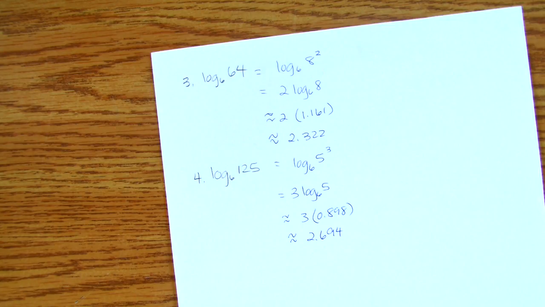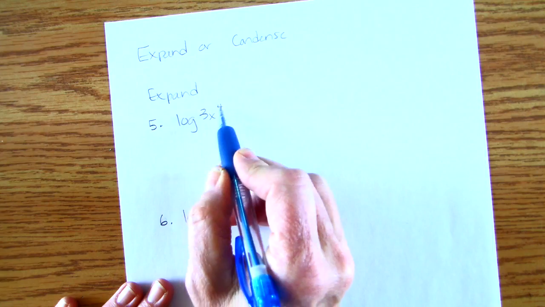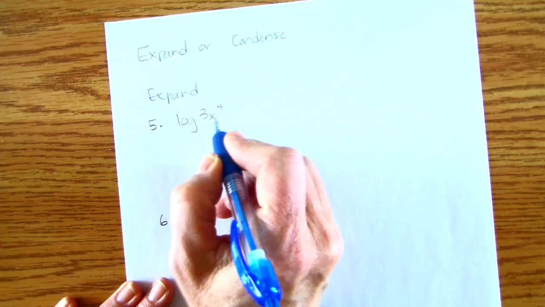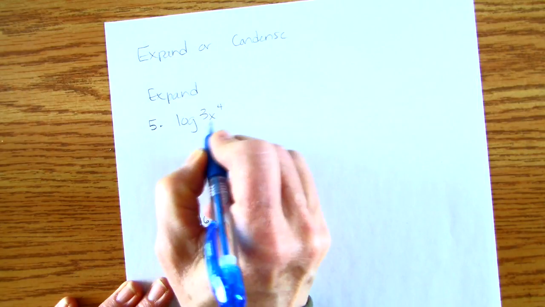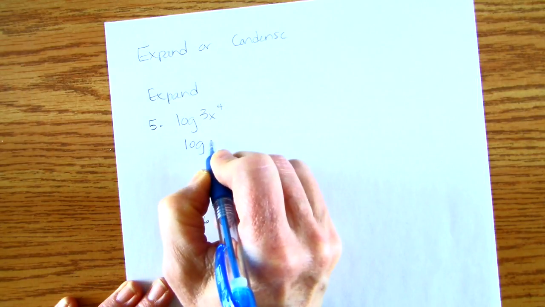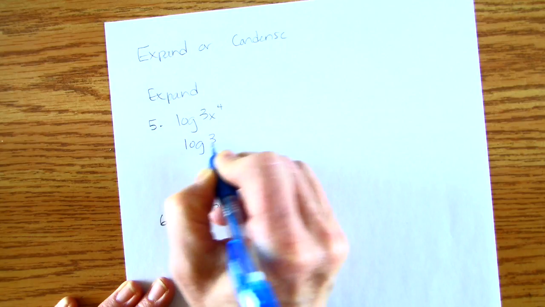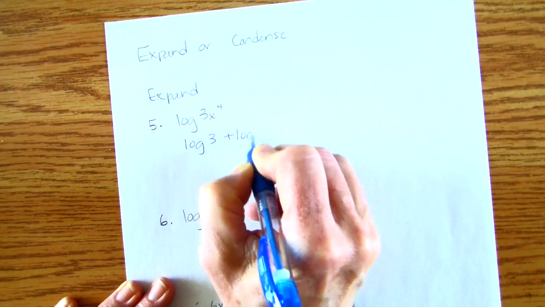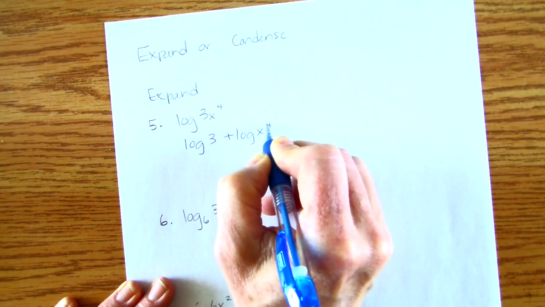Now you can use them to expand or condense. So here I'm going to expand a product and an exponent. So this is log base 10, remember, but since it's a product, I write that as log 3 plus log x to the fourth, then that